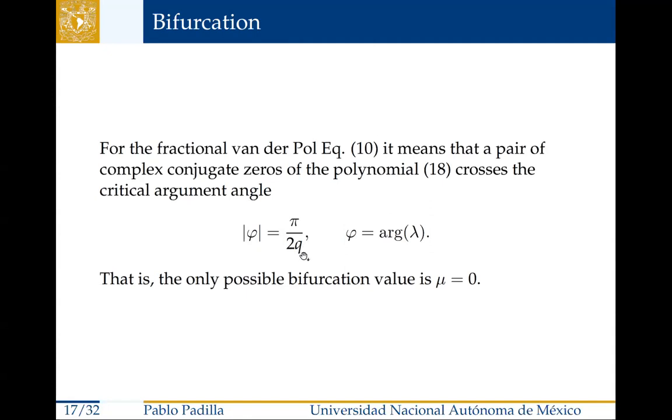So if we are talking about integer derivatives, the classical case, q is always 1, and the condition reduces to the standard condition that the argument of the roots has to be bigger than pi over 2, so it has to cross the imaginary axis transversally. In this case, this is only possible when mu equals 0, and what we are saying is that for the fractional model, there's also a Hopf bifurcation, but it occurs precisely at the same bifurcating parameter value of mu equals 0,